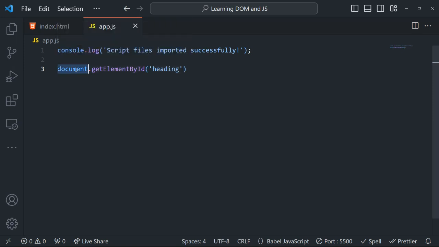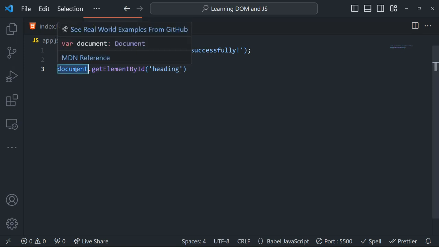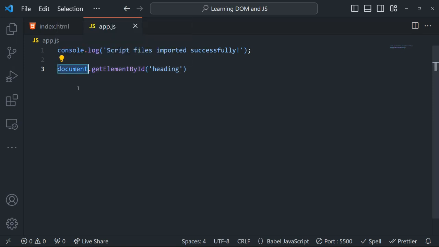Now what we are doing is that we are just hopping into this document that has been generated by the browser, and we are using this method from the DOM which says get element by ID, and we are basically